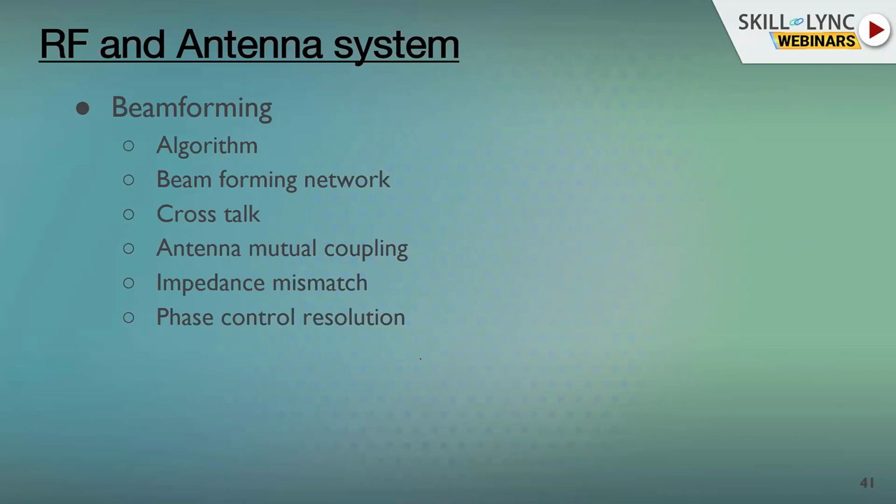We used to say TT, I think. Total transmission time. So TT time. Because the group delay should be as low as possible, because if we have a good amount of group delay, then the whole system performance will go down. Crosstalks, antenna mutual coupling, impedance mismatch and so on.